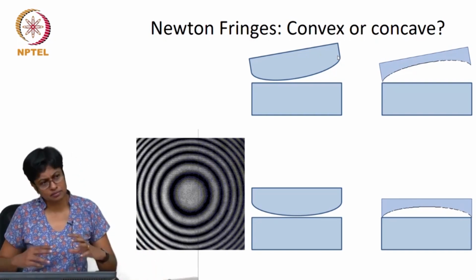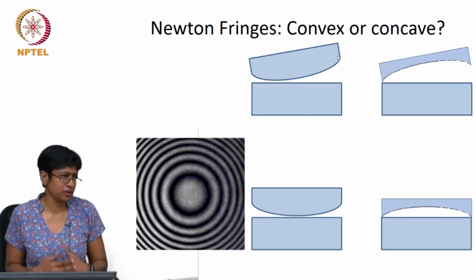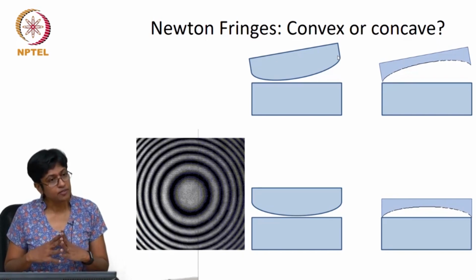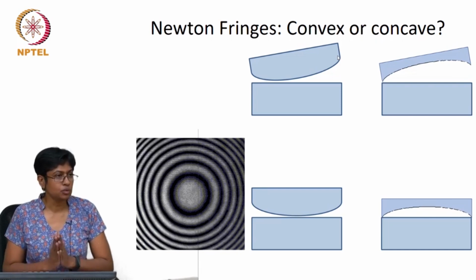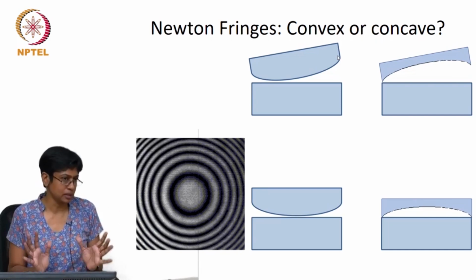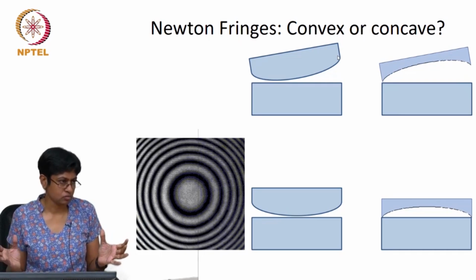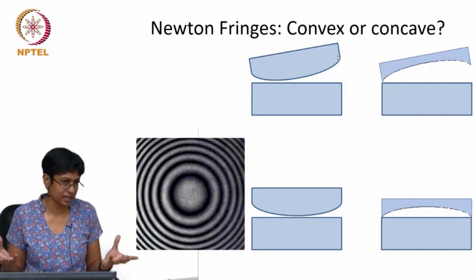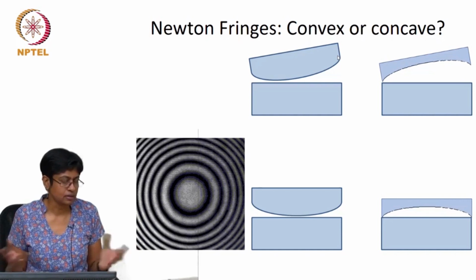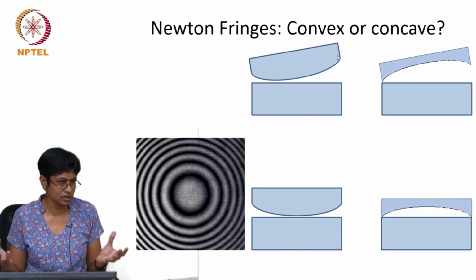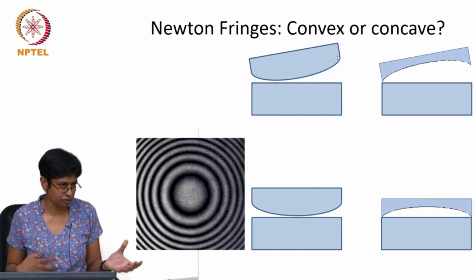So the main point you should have got from last week's lectures is that interference very quickly gives you a visual on the shape, or it could be the shape or the refractive index. Right. So it gives you a visual on the optical path length difference between some test object and a reference